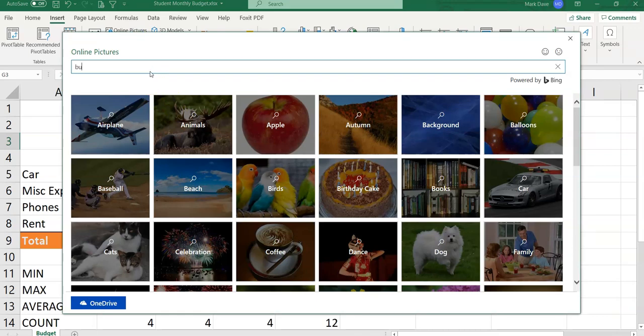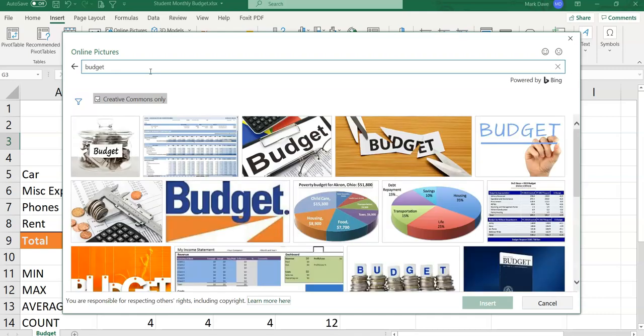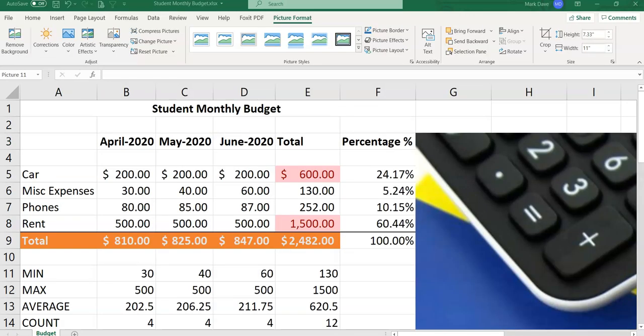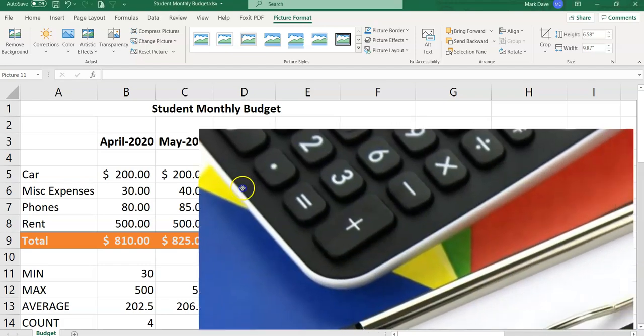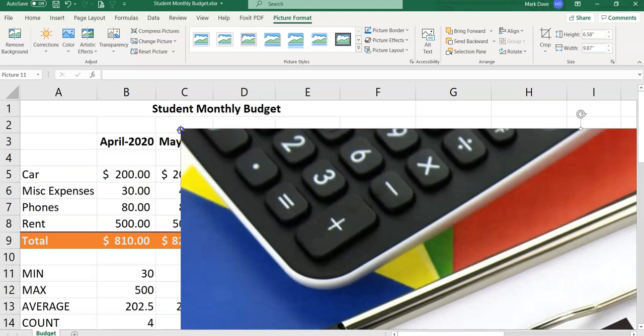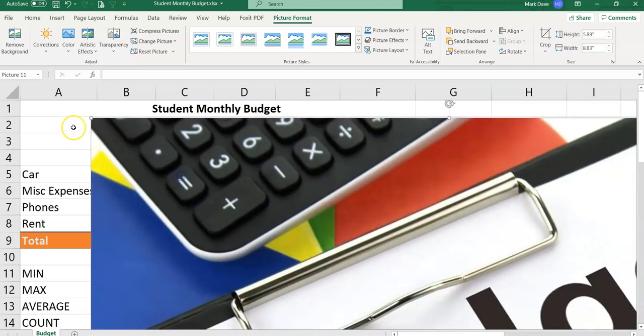For example, type in budget and enter. So Bing will find pictures related to budget. These are all online pictures. Select one of them, and then click on insert at the bottom. So the budget picture that we just downloaded from Bing has been inserted here, but as you can see, the picture is big, so we'll need to resize it